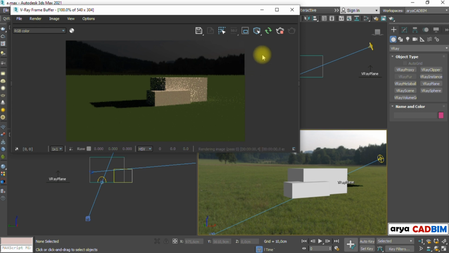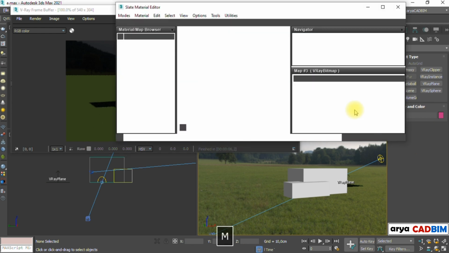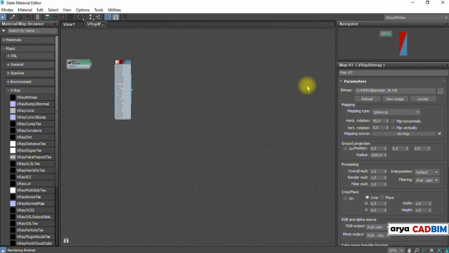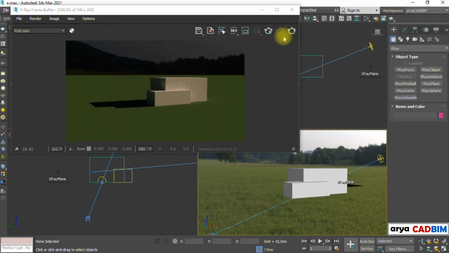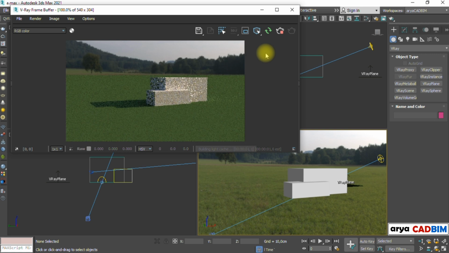The environment is too dark. Let's increase the render multiplier of the HDRI map. 20 should be fine. IPR again. Yes, good now.